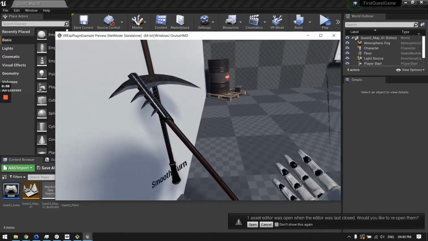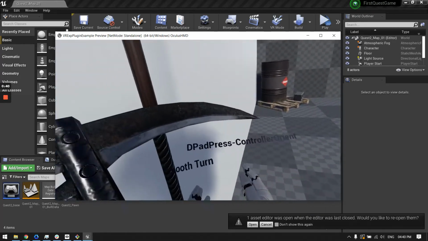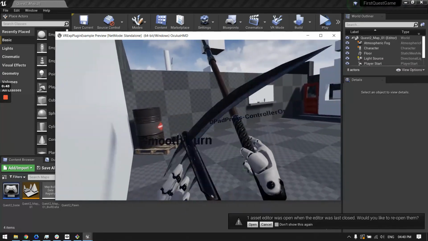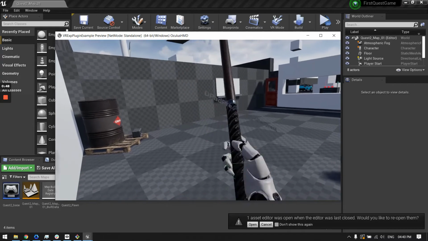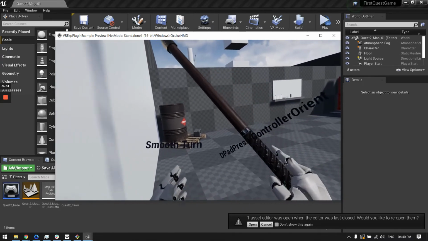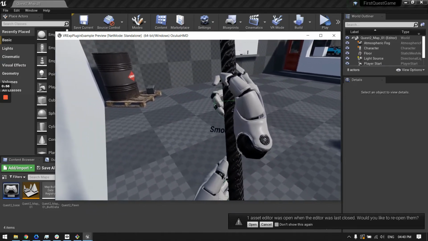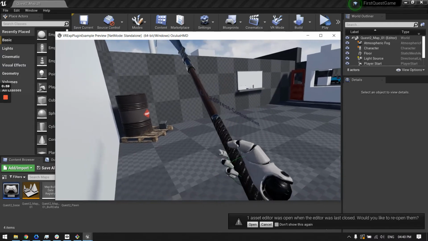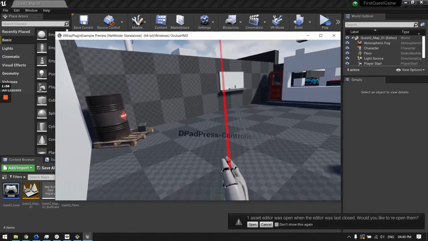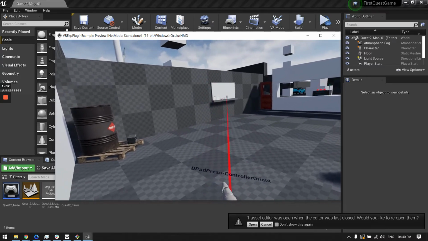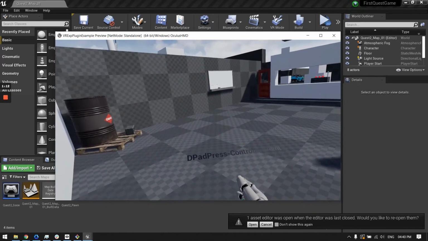So I'll just enter VR, and as you can see, this is what it looks like. The main point of having this is to have realistic physics enabled for your game. As you can see, when objects are being gripped, they have a certain level of grip stiffness, and that stiffness changes the moment you have a double grip as opposed to a single grip. Also, there are a whole bunch of other nifty features like teleportation and grabbing objects from a far distance. Oops, I couldn't grab it, but anyway, you get my point, right?